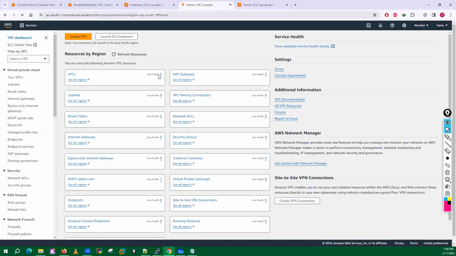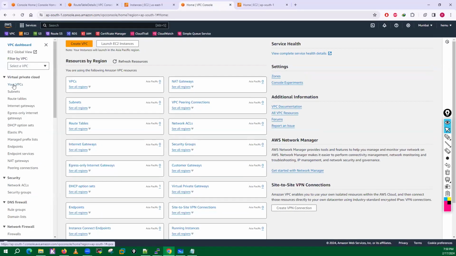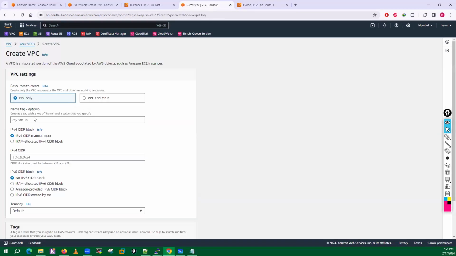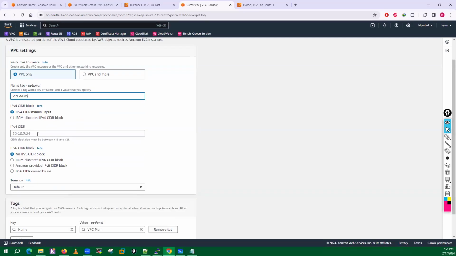So in the Mumbai region, I'll go into my VPC tab. Let me create one more VPC, which is a part of the Mumbai region. So I'll just go with Mumbai. Now I'll use one more series.